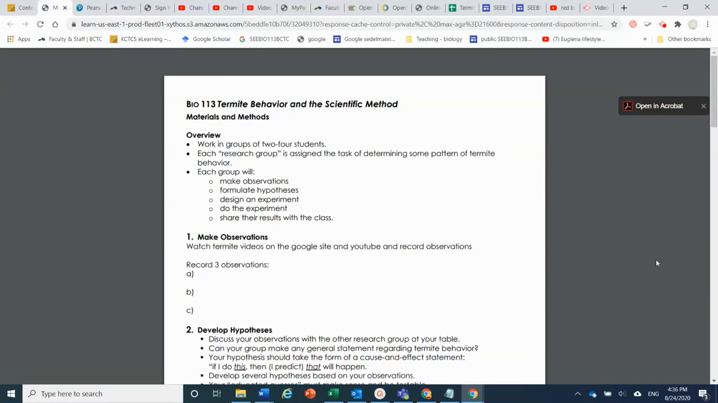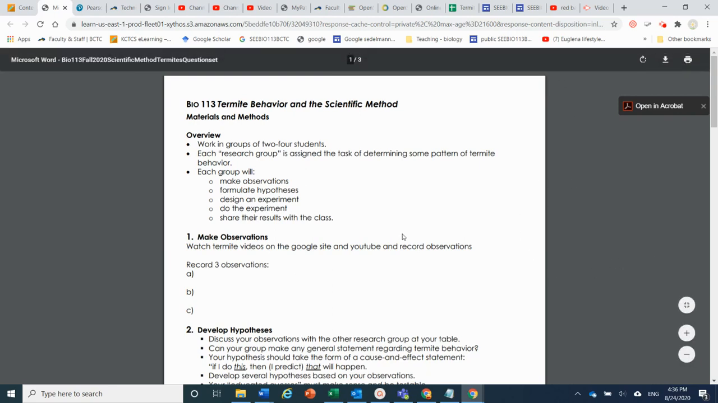For this week's class, I want you to do an actual experiment. Normally when we do this in class, we do this with actual termites, and I've simulated some termites for you so that we can do this anyway. The first thing I want you to do,